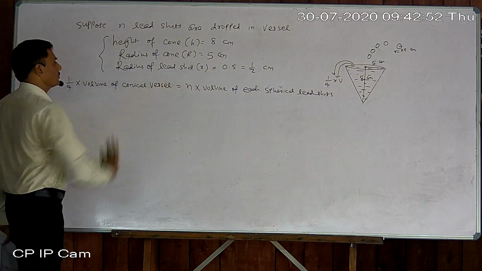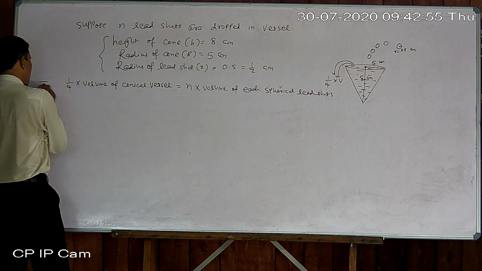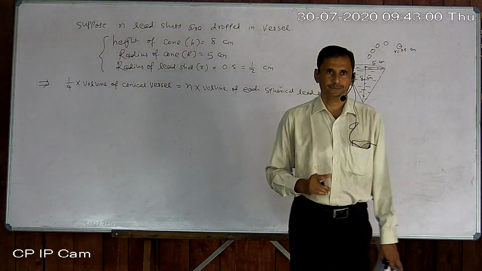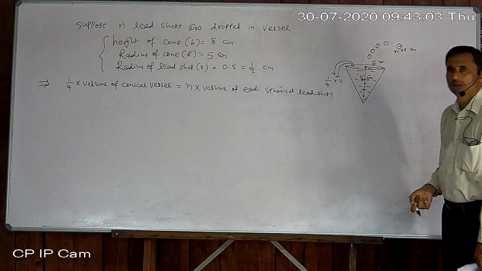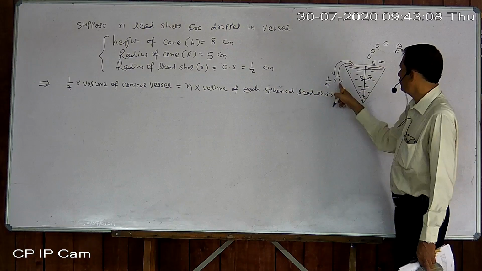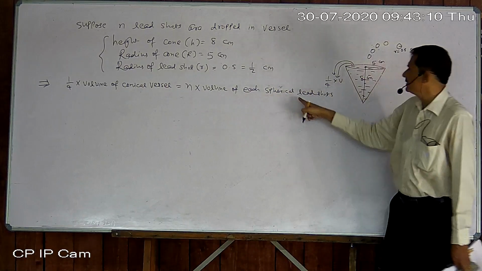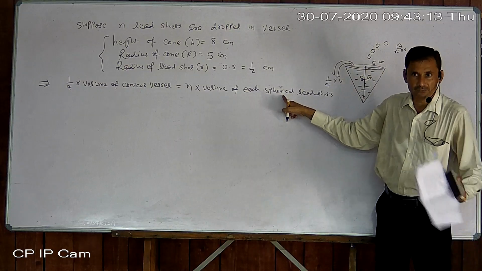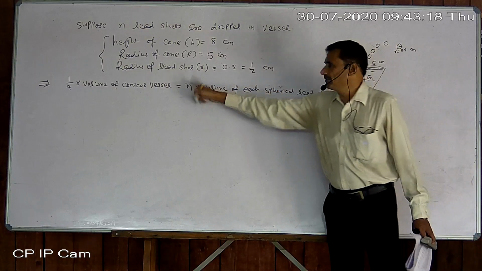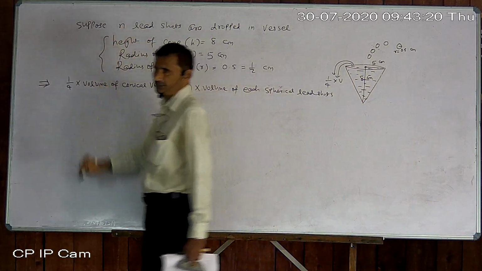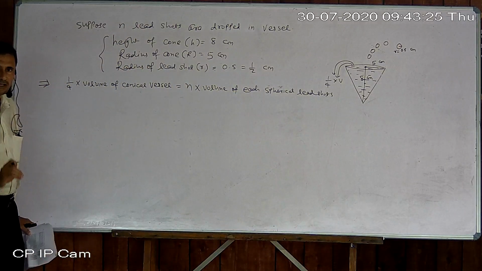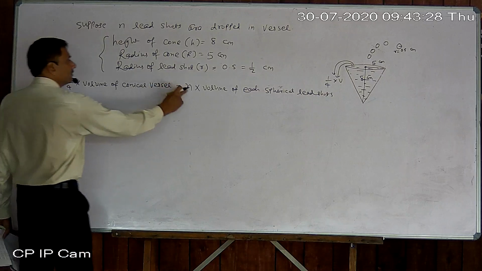Okay, so that is important. You have to understand that part. If you understood that, then nothing is left. It's a calculation. That is the main fact. So 1/4 of volume of vessel is equal to n times volume of sphere, because all spheres or all lead shots are equal. So find the volume of any one and multiply by n, because we suppose how many lead shots? n. Now nothing is there. Just place our values, simplify it, and find out n.